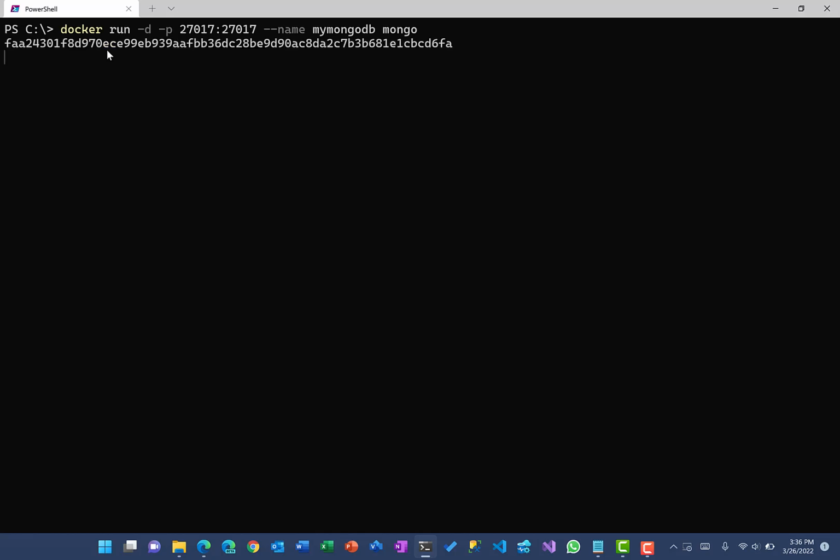So when we press enter, yes, it generates some kind of a random token for us. Okay, this is the container which is now being started from that particular image. Now, in order to use MongoDB, there are primarily two environments. One is the MongoDB shell, which we can use, or we can also use the MongoDB Compass GUI environment. So we'll use the MongoDB Compass GUI environment to connect to this container image and then create some collections or